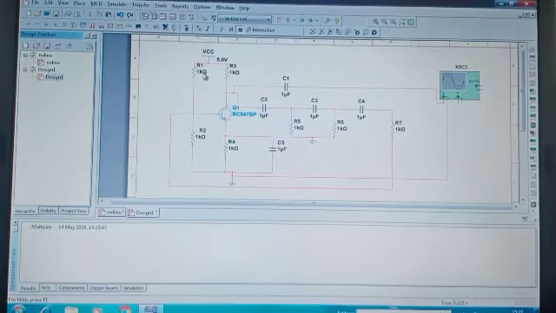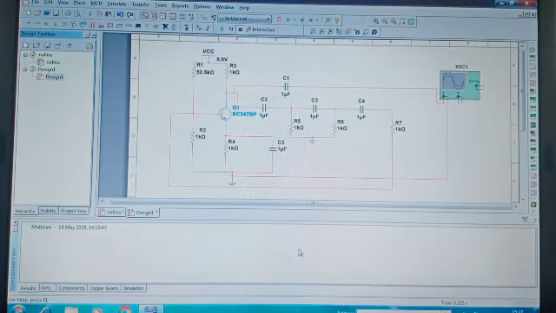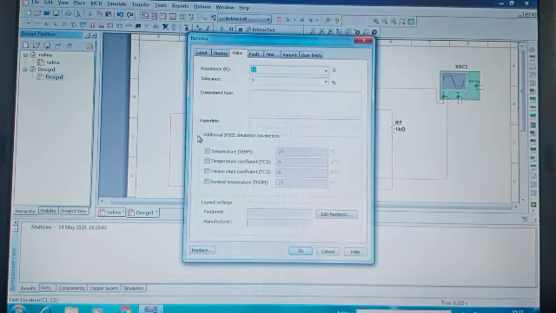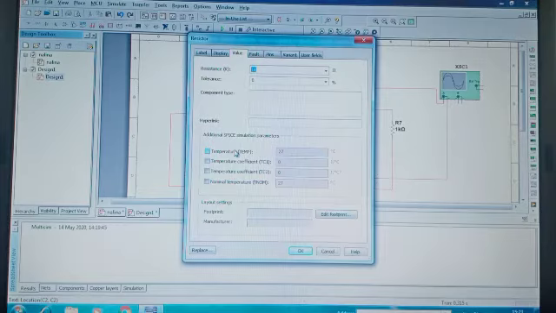Now set the values for all these resistances and capacitances. The value for this resistance, as per the design, is 50.5 kilo ohm, and this one 10.5. Next, this resistor value is 1.2k. Next, this is 298.5.